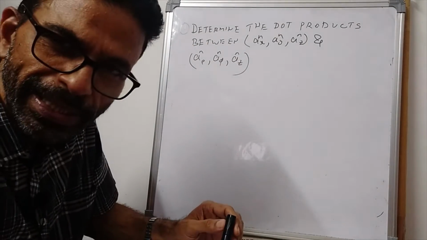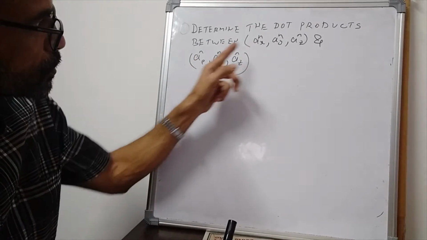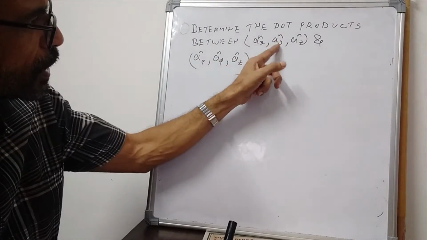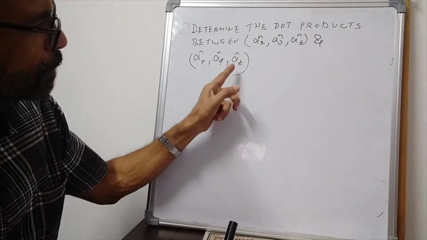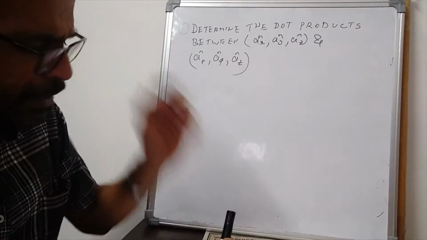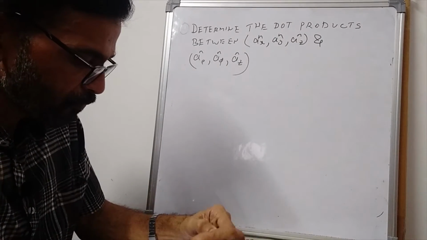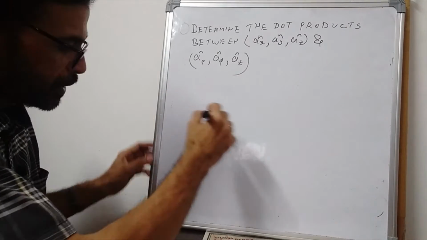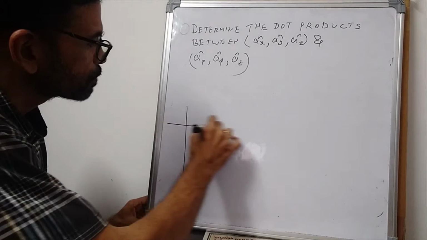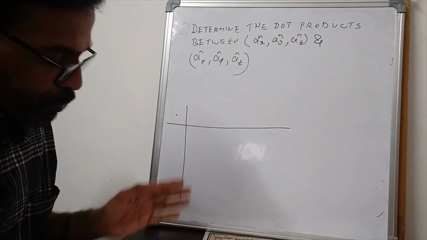So we are going to get totally 9 dot products. This dot this, this dot this, this dot this. Similarly, ay cap dot a rho cap, ay cap dot a phi cap, ay cap dot az cap, and az cap dot a rho cap, az cap dot a phi cap, and az cap dot az cap. So what we do is we will form a table and we will fill the entries in this table one by one. So a dot here to mean that what I am about to do here is a dot product,